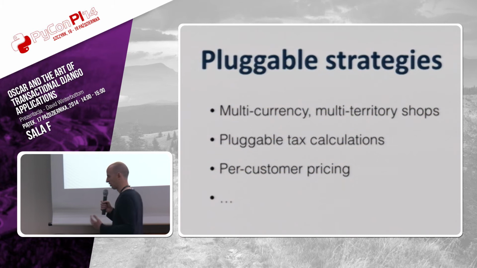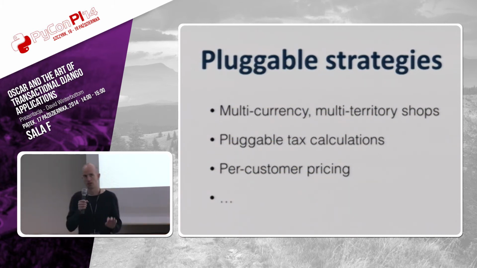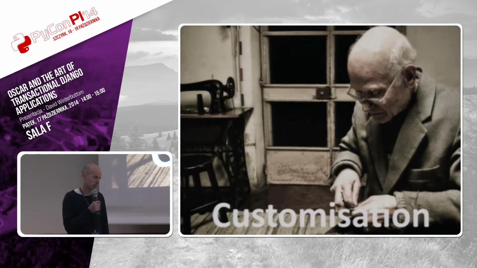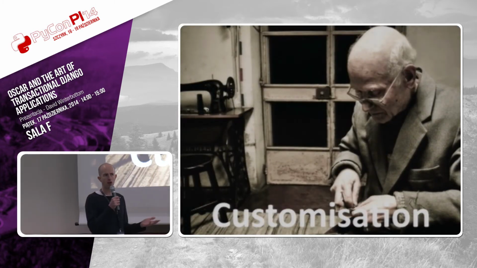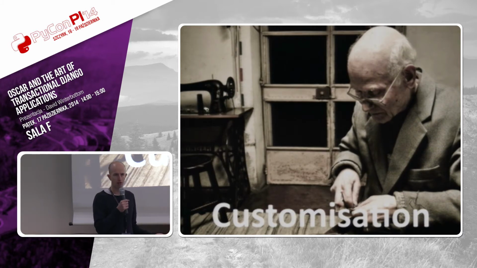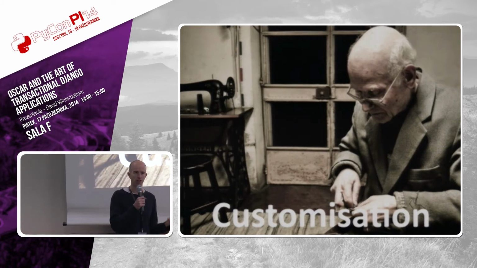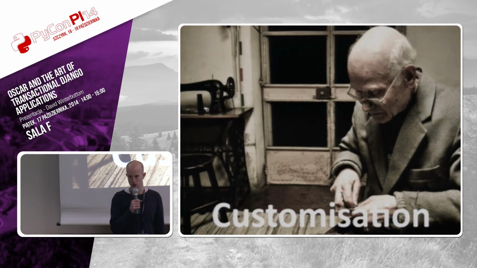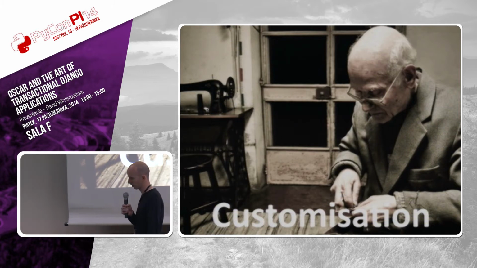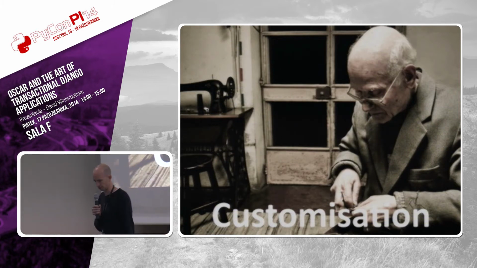Okay, so that's just an example of where, having worked in e-commerce for a long time, we've learned that this is a good structure for how you'd distinguish between products and prices. But let's look a bit more now at this customization idea. How do you write a Django framework where anything can be changed? Any piece of logic, any template, any URL, any view. Let's have a look at how Oscar does some of these things.